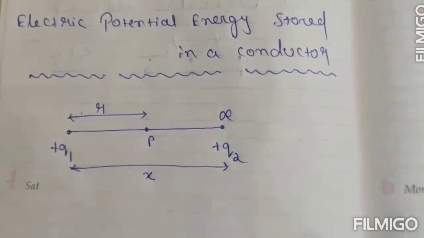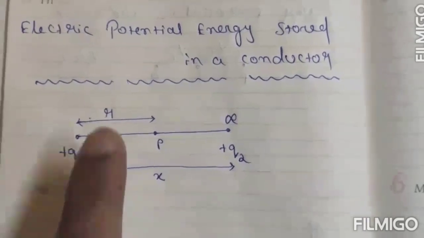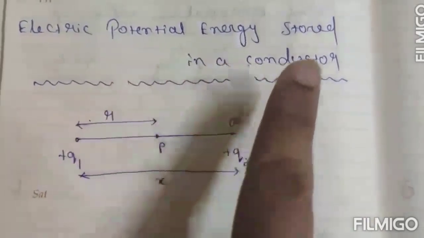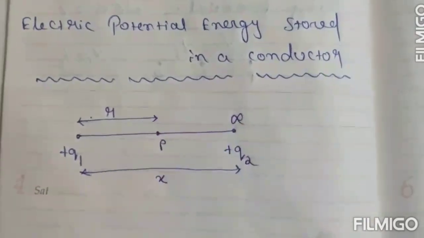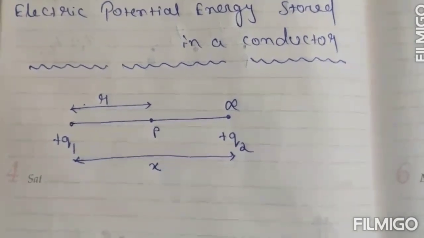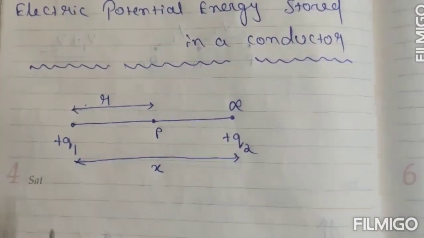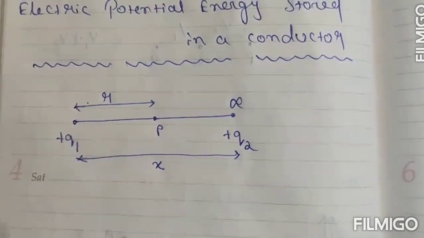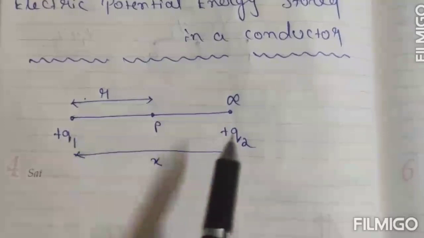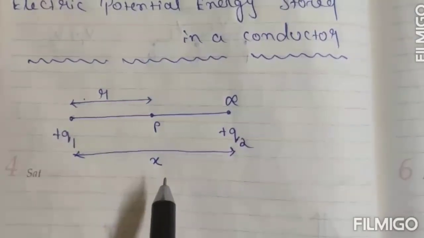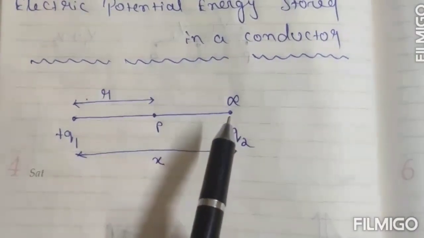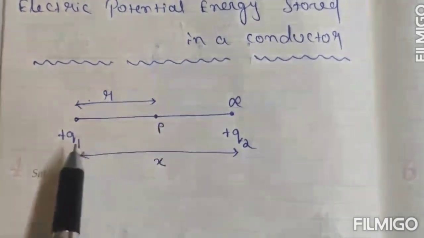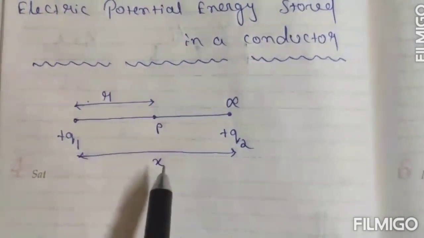Welcome students. Now let us find what is electric potential energy stored in a conductor. Always remember students, the potential energy is stored within the system, right? Suppose plus Q1 and plus Q2 charge is there, right? So if I bring this one from infinity to this, plus Q1 to plus Q2, the distance is x,